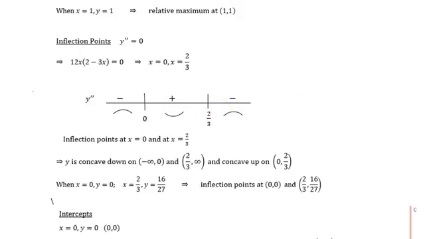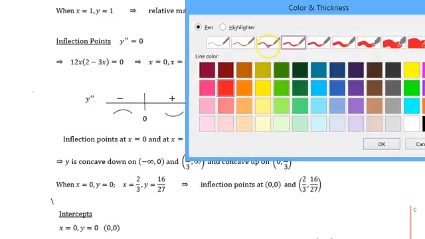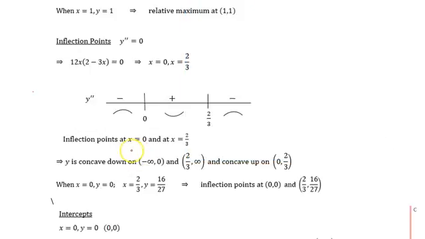And as before, to find the y value, you simply plug x equals 0 into the original equation, and you get y equals 0. You plug 2/3 into the original equation, and you get y equals 16/27. So the two inflection points, which we know from here, are (0, 0) and (2/3, 16/27). So we're done with